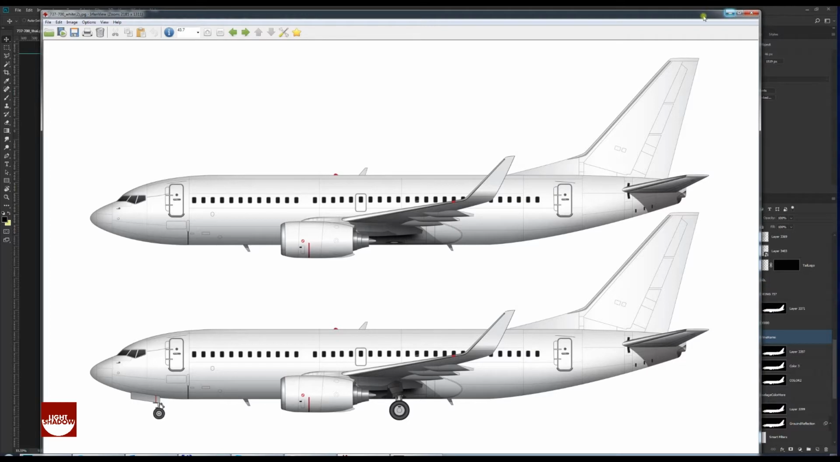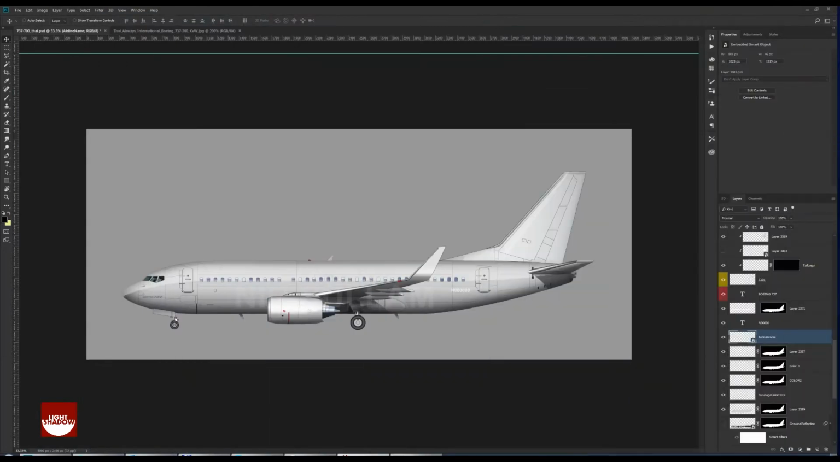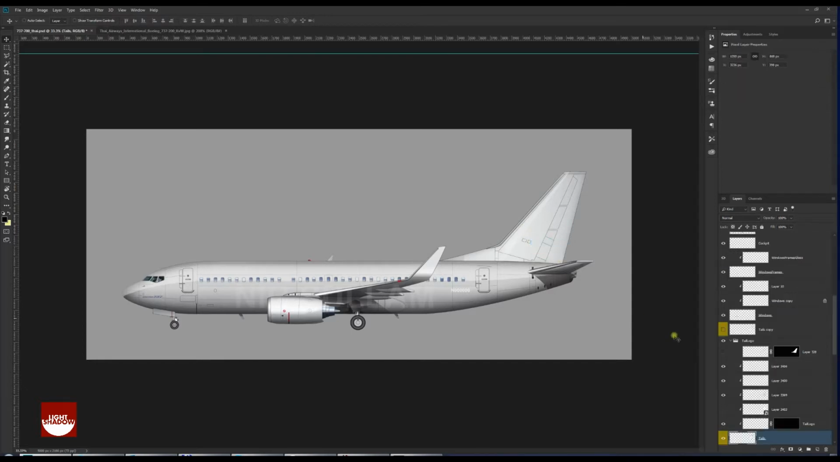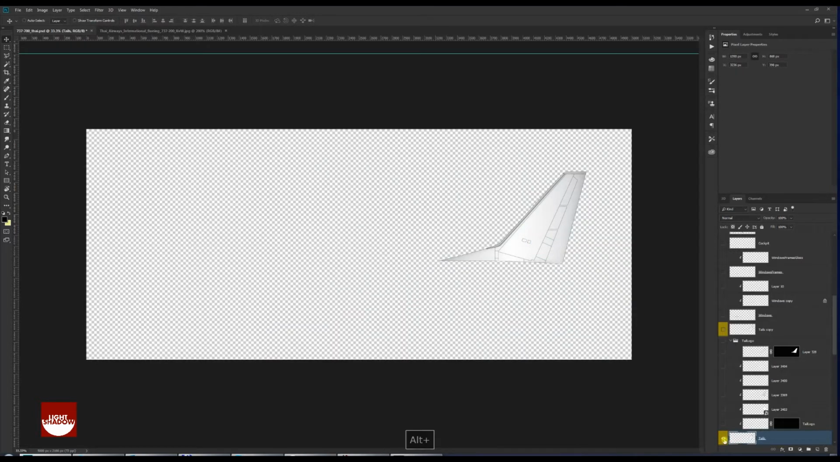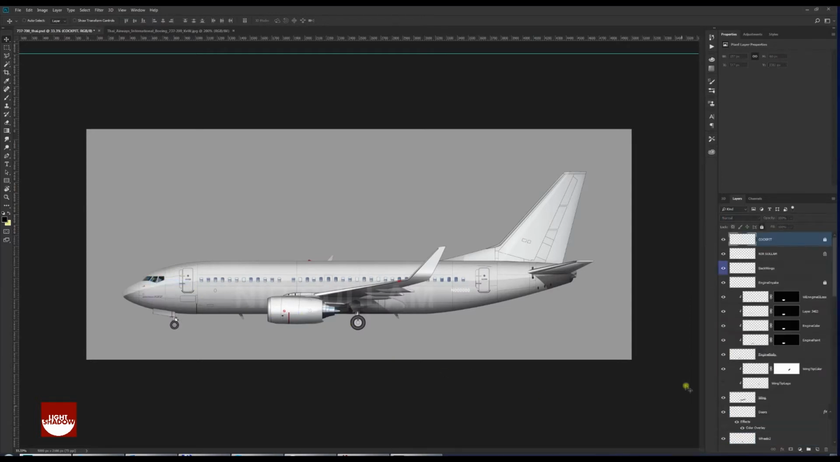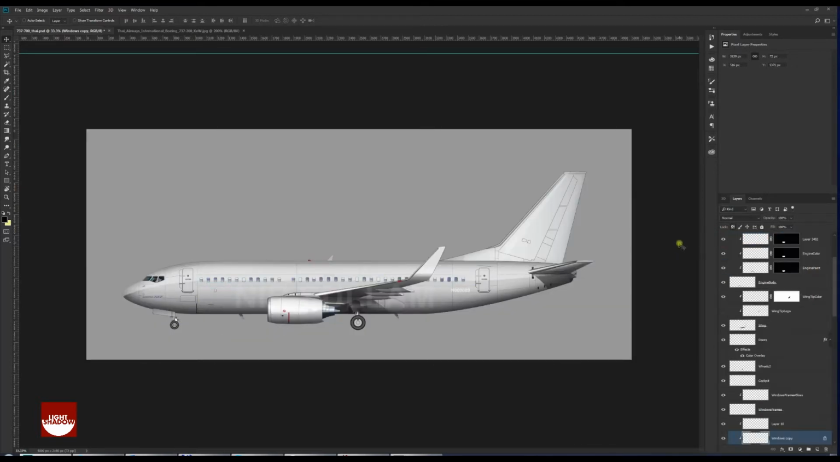So let's move it. And this is my version after adding highlights and etc. And I have the layers separated. For example, if I go to tails, you see I separate different areas. So if I go to the cockpit, you see I added the stuff, I edited, so windows,